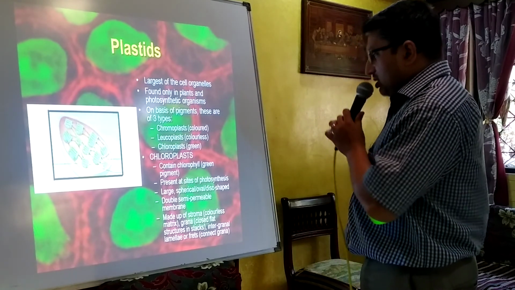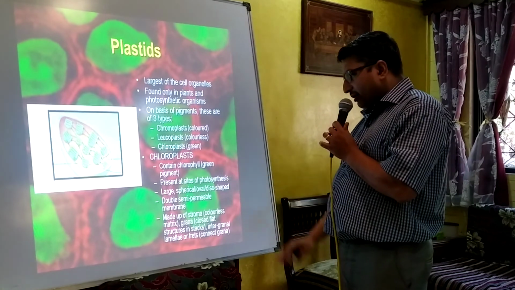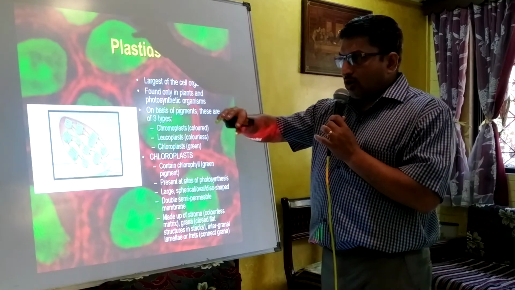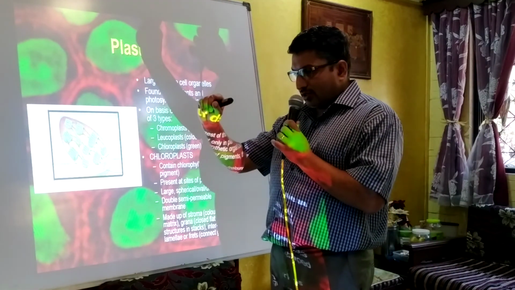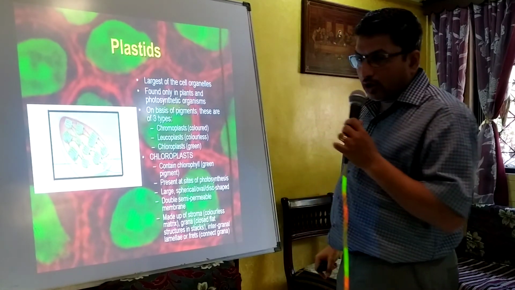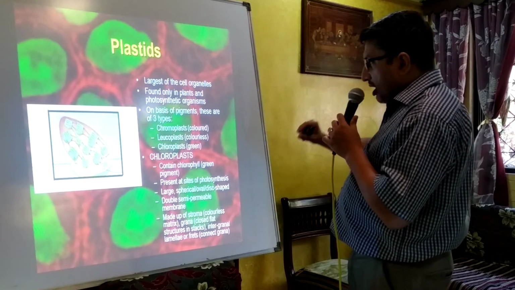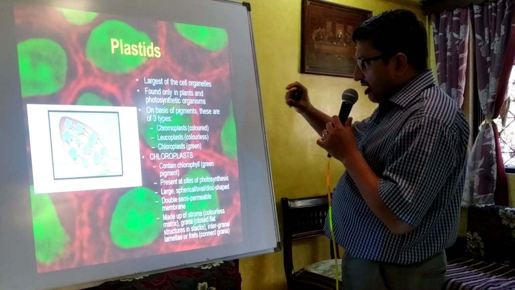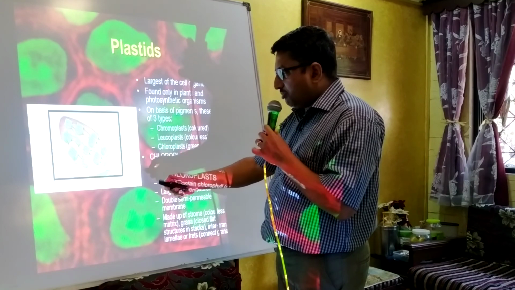And let's have a look inside the chloroplast. It is made up of stroma and grana. Grana are like coins stacked up one on top of each other. And these coins together are known as thylakoids. So grana is made up of coins which are known as thylakoids. And each and every grana is connected with other granas across. And you see my dot on the